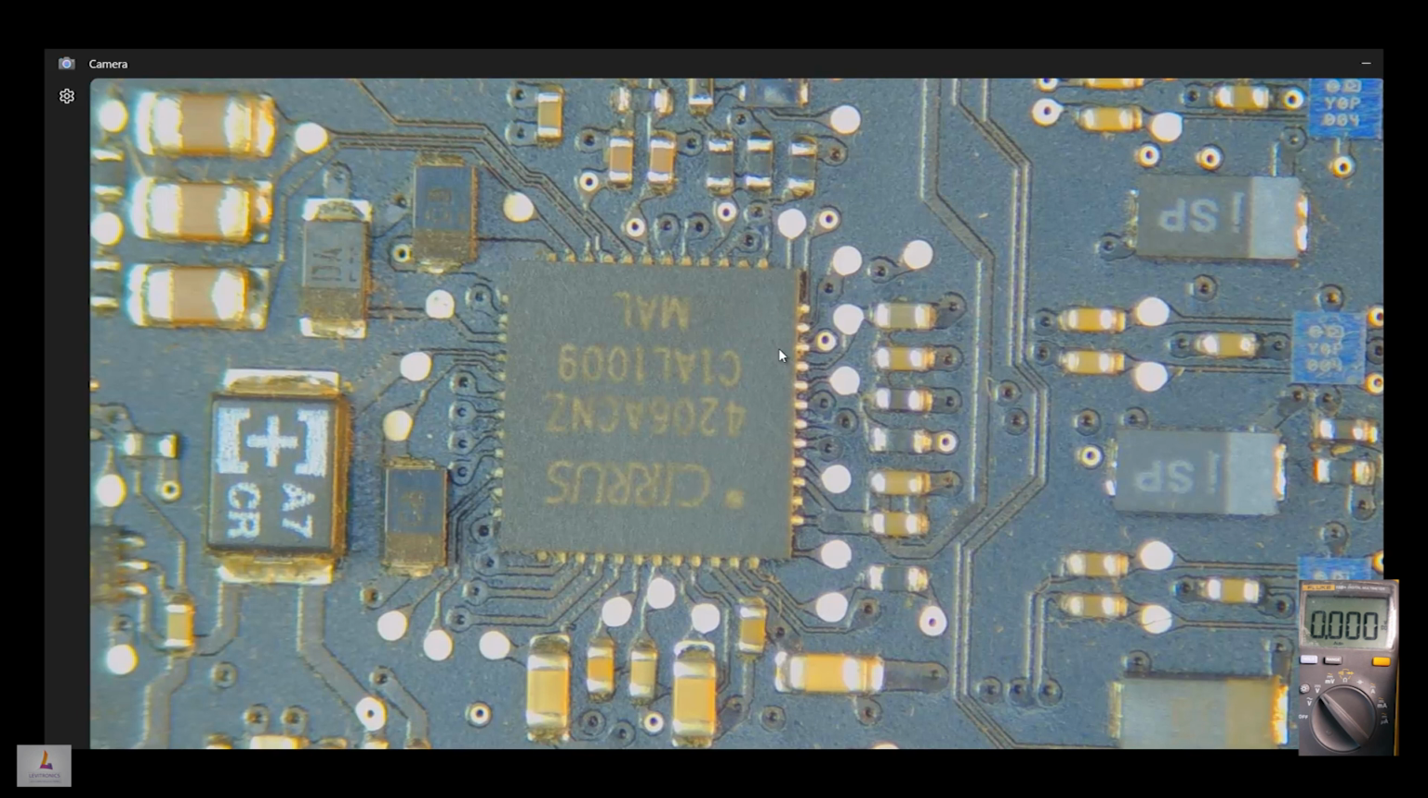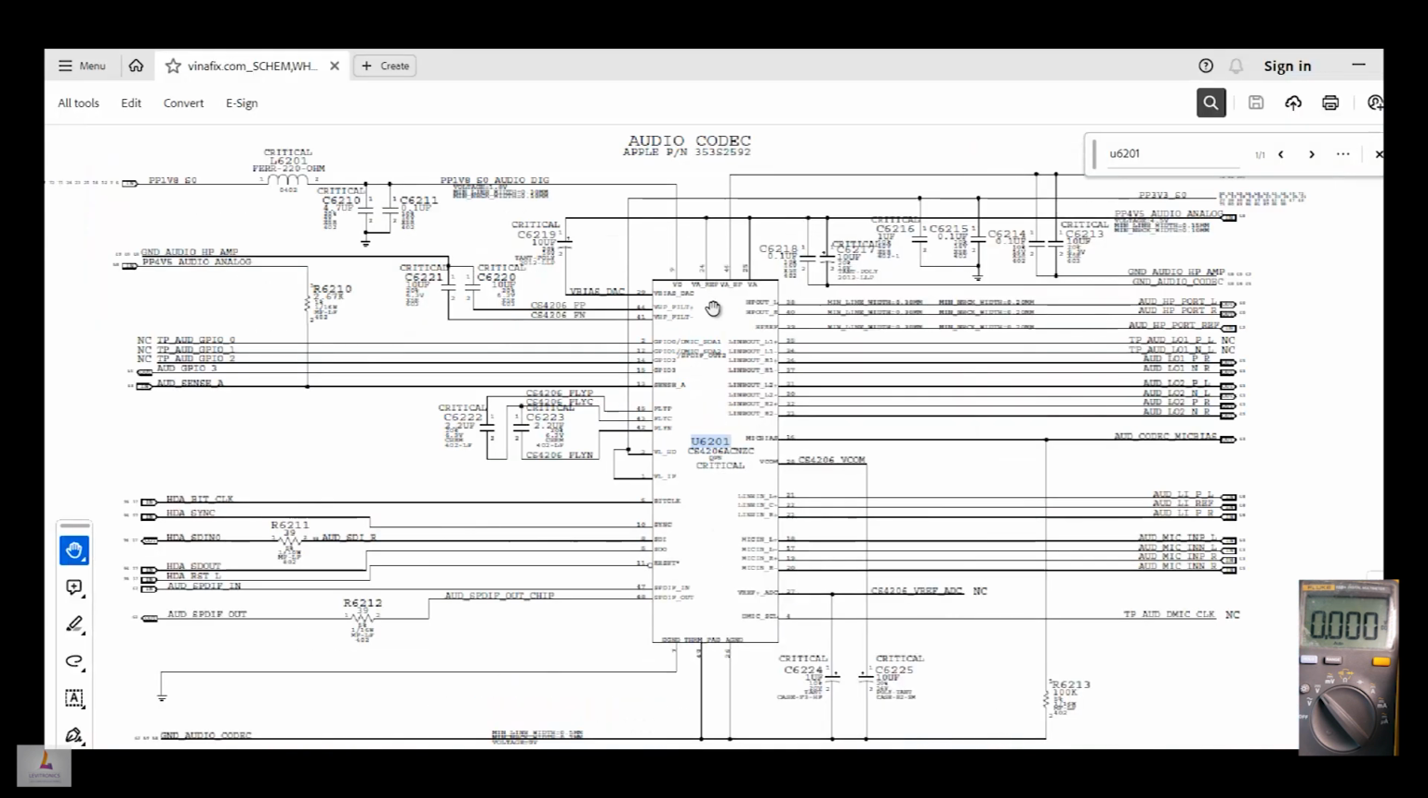We are going to check for the power supplies to this chip. This chip has many different power supplies, about 4 different power supplies, in order for it to function properly. So we're going to check the 4 different power supplies to make sure that it's getting the proper voltage supplies it needs to operate. So let's get to our schematic here and look for